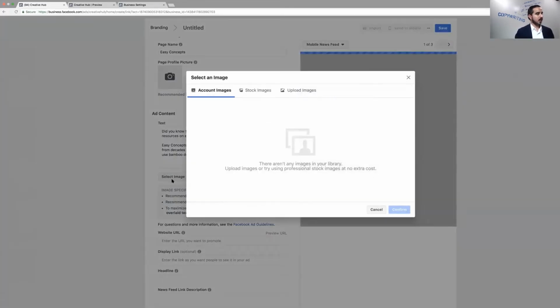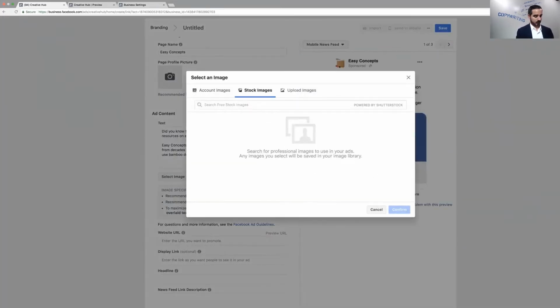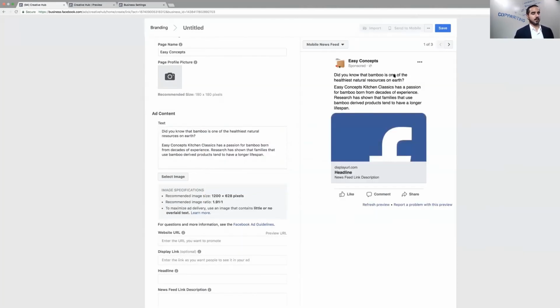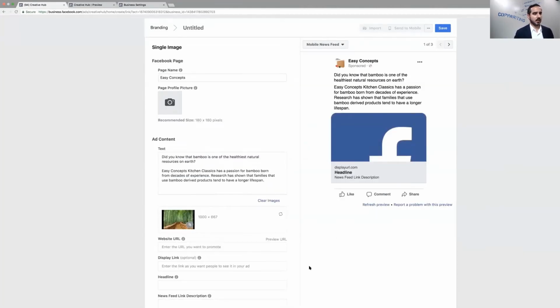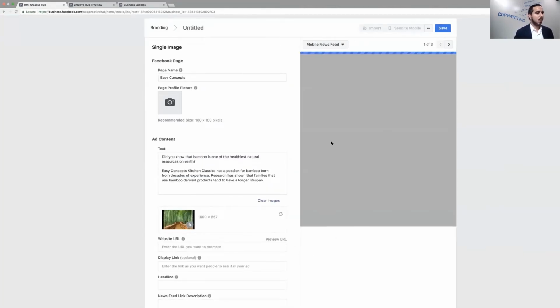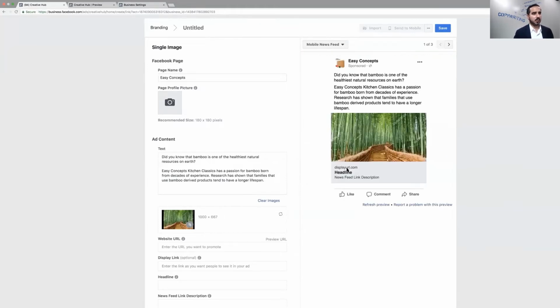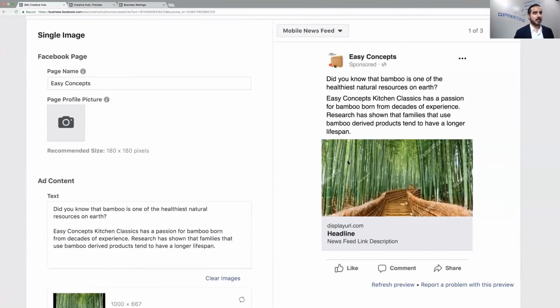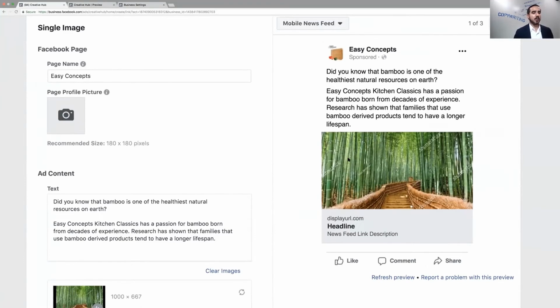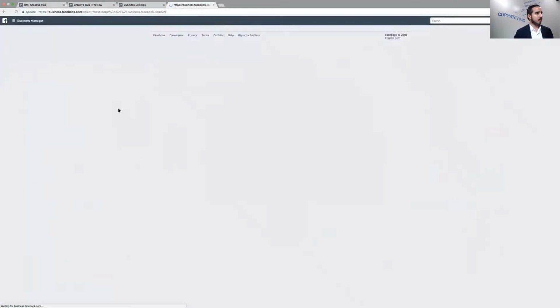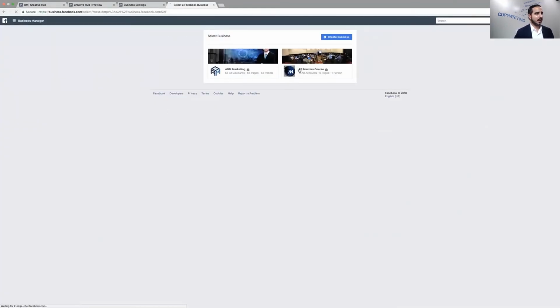Let me see what we use on the image over here. That is so nice. Check this out. Simple image, a free one that's part of the Facebook Shutterstock images. Looks beautiful. So this is the thing, guys. When you post an image like that, you can now go to Facebook, just put some dollars behind it,